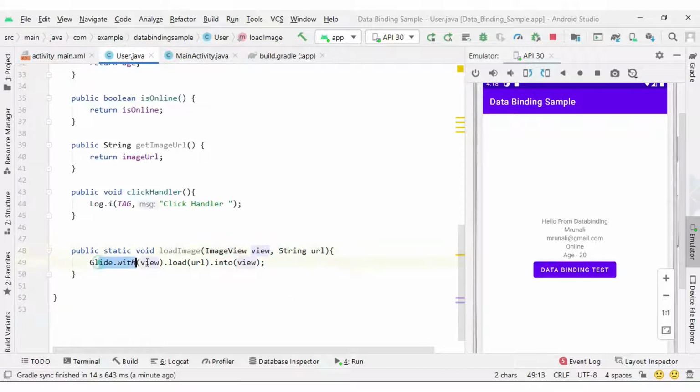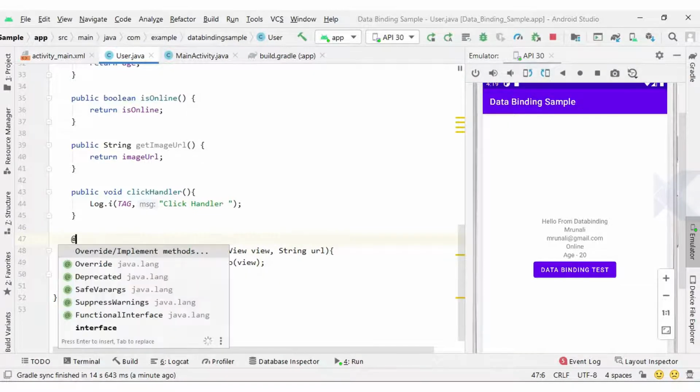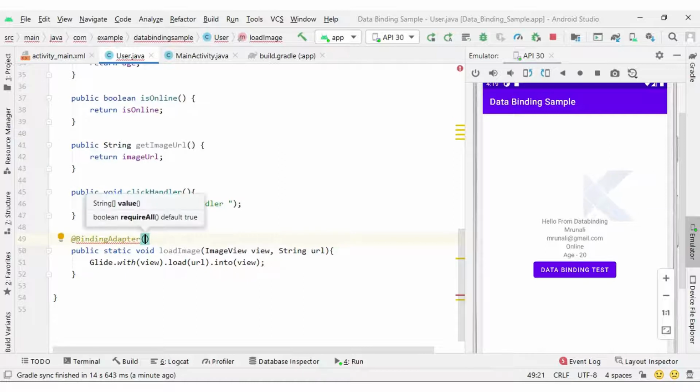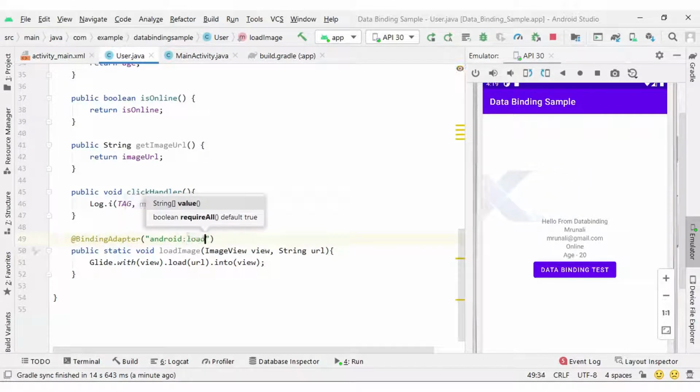So this is how we load the image in our image view, and this is a simple method, but before this method we need to add some annotation provided by the binding library. So here I am going to use BindingAdapter, and inside this BindingAdapter I can write android:loadImage, whatever name you want to provide, so that will become a property we have.